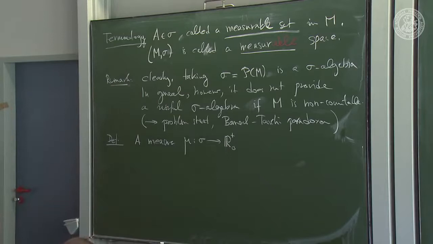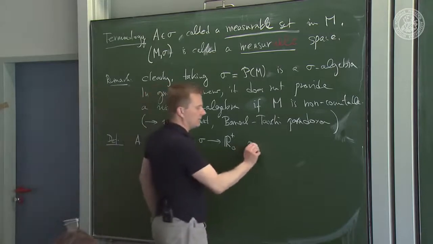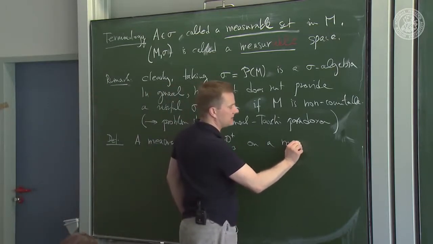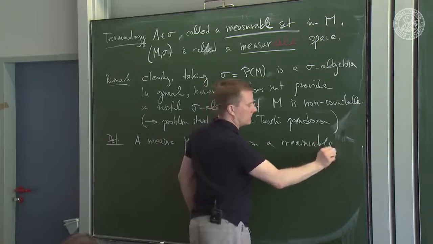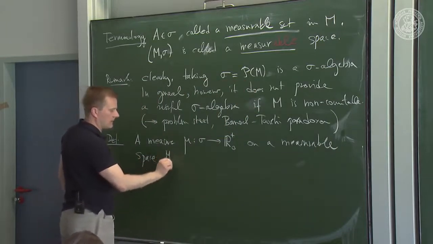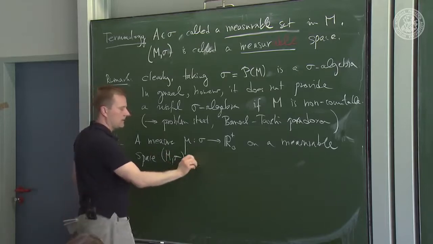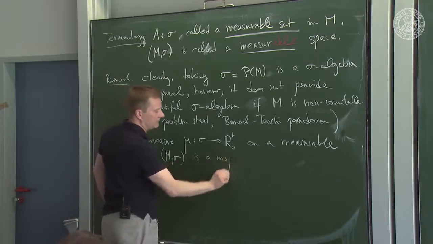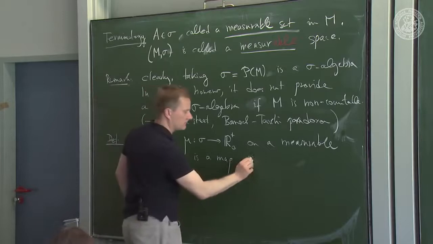A measure is a map on a measurable space, M sigma, is a map satisfying